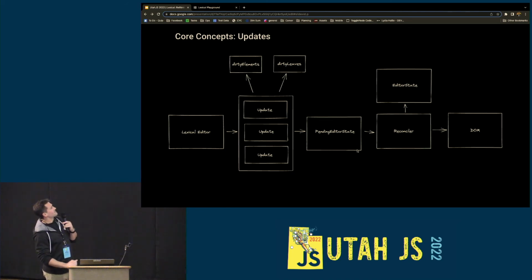Fun fact, I guess it seems kind of out of context, but the reason why we called it Lexical, well, part of the reason, is the double meaning between the dictionary definition of lexical, meaning relating to the words or vocabulary of a language, and the way we provide access to the active editor state through the lexical scope of the update method on the editor. And so we thought we were really clever with that name. But